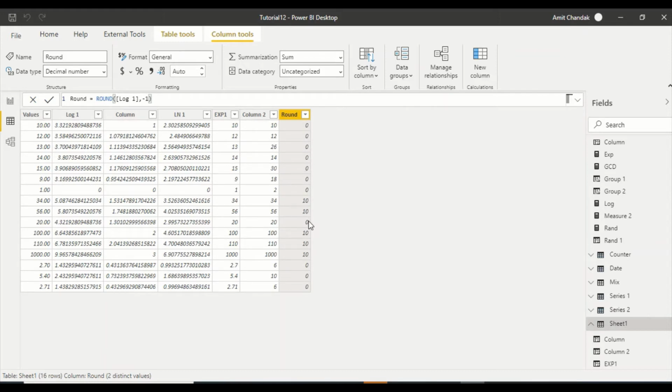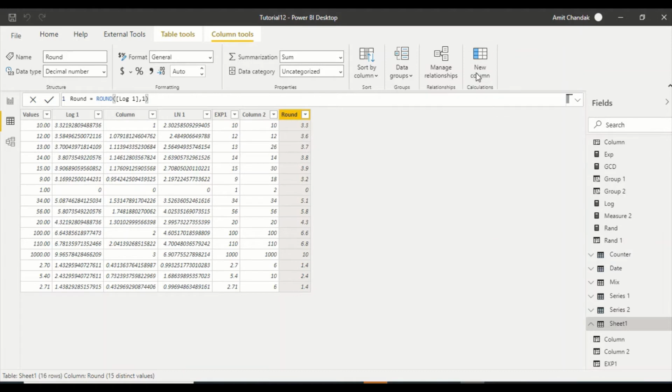So you are seeing zeros and ones, because round to -1 means we are coming out 1 decimal place ahead, and we are now rounding it on the outside of the decimal places. So you can see if it is below 5, it's going to be 0. If it's above 5, it's going to be 10. So those are the numbers you are getting. Fine. So this is what round does. Let's keep it as 1 only, and now let's try round up and round down.